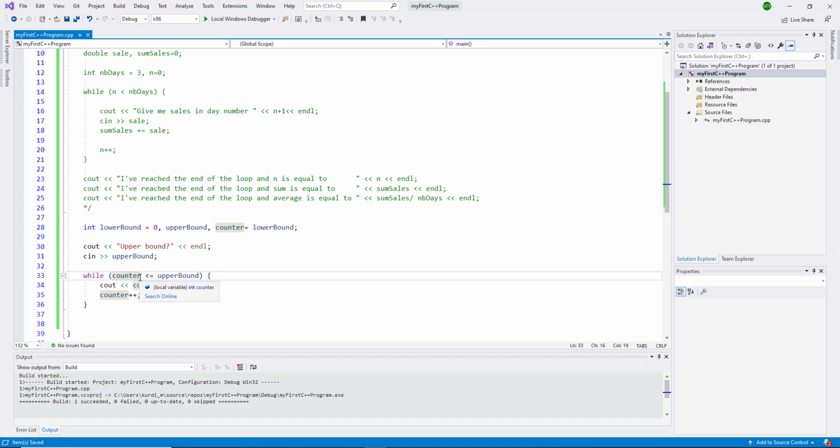And whenever the counter is equal to 11, actually this whole thing will not be true. Counter is not smaller or equal, so I will not print. However, when the counter is 10, is it smaller? No. Is it equal? Yes. So actually I will print. So this means that I will print everything between the initial value, which is the lower bound 0, and